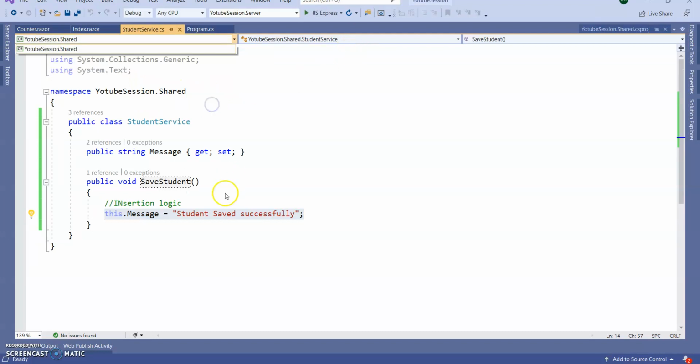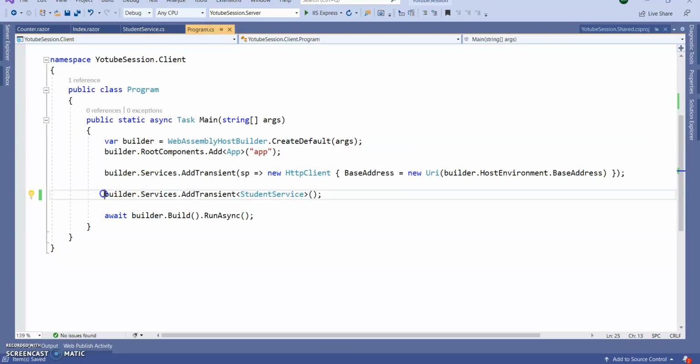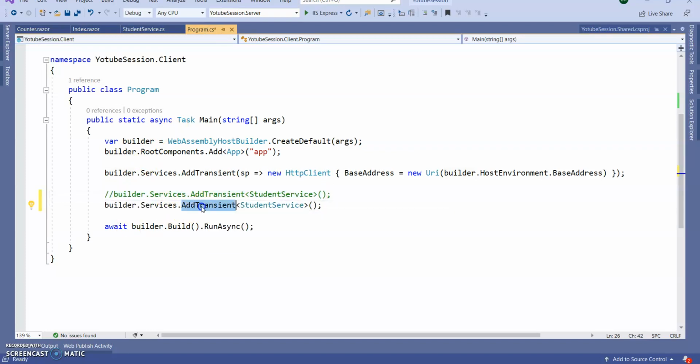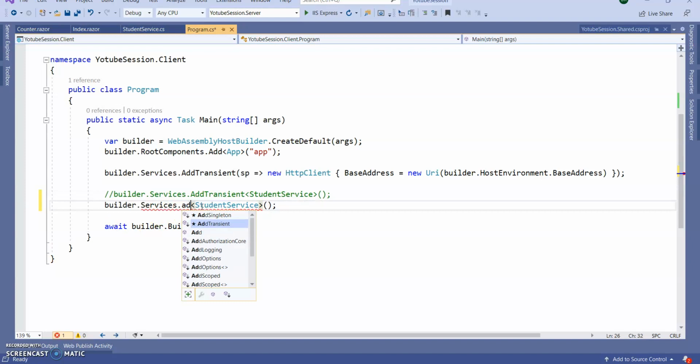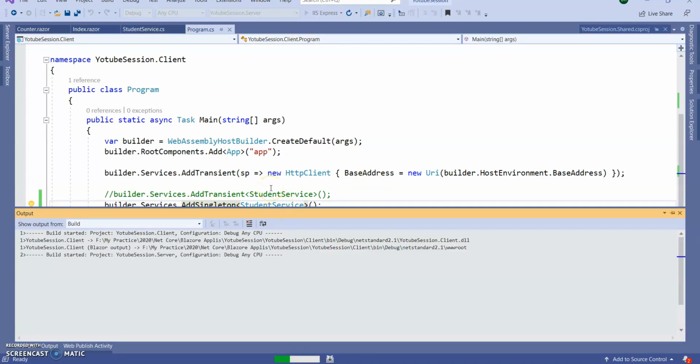So stop the application. In the Program.cs file, previously we added our transient, now we are going to make it a singleton. Okay, and you will see the difference. What is the difference between singleton and transient? Run the application again.